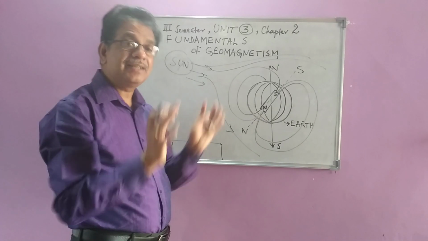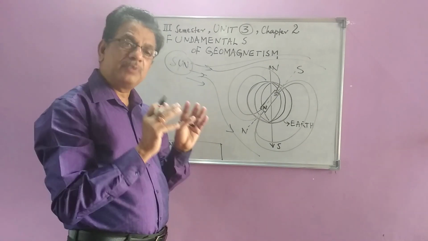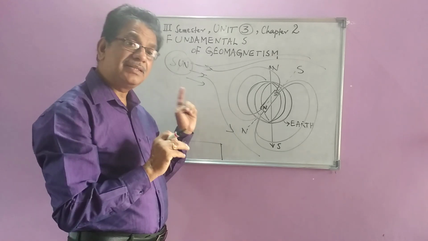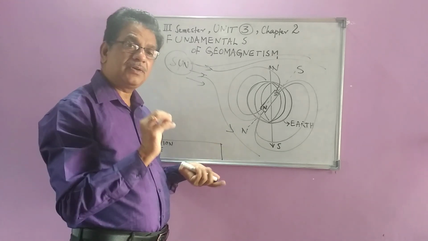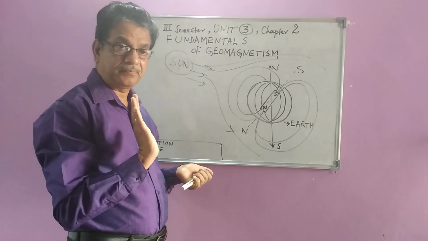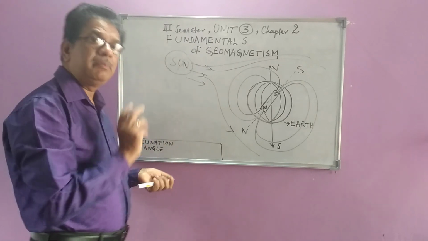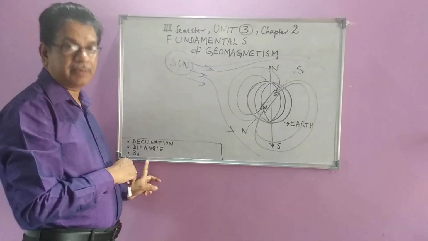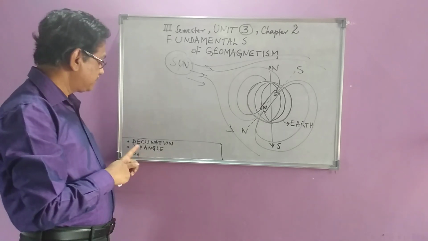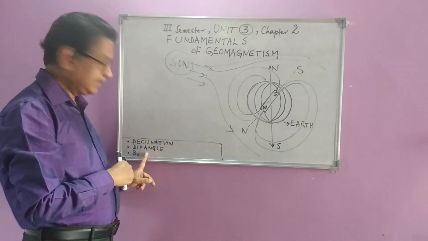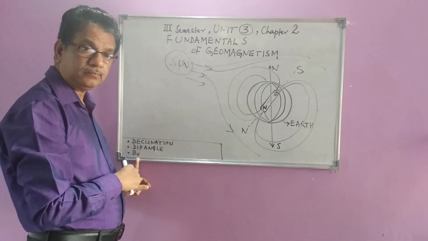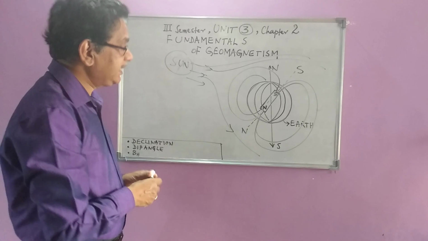And there are so many things connected to the Earth's magnetism. It's very important and interesting to know about Earth's magnetism. Now, in this syllabus, we have the basics of geomagnetism or fundamentals of Earth's magnetic field. Basically, here we will be defining three important parameters which describe the Earth's magnetic field: one is declination, one is dip angle, another is BH, the horizontal component of Earth's magnetic field. For that, let us see this diagram.